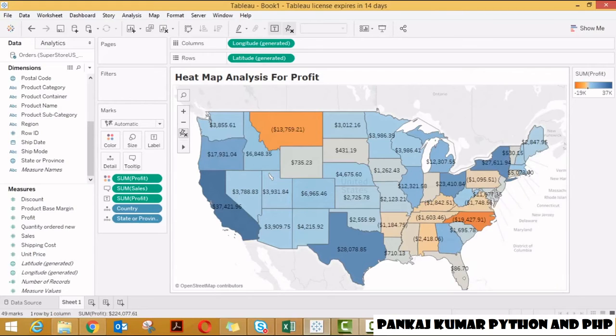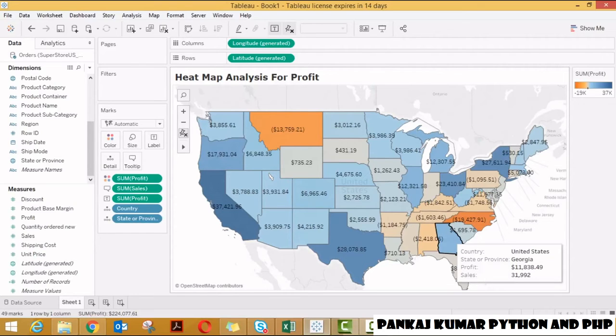If you look at all the southern states, all are negative, $19,427, $1,842. So compared to the northern states, southern states are not doing well, only except Georgia. So this is much better than the other southern states.